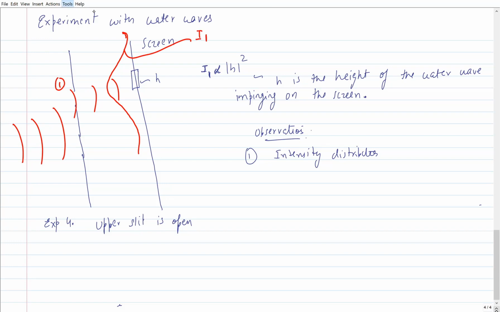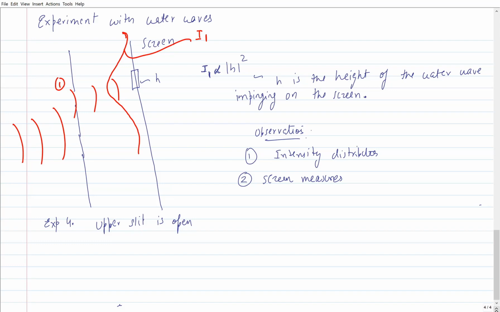Also, my observation is that the screen measures a continuum of intensities. You know, this is the difference between doing this experiment with bullets as compared to doing this experiment with waves like the water wave. In the case of bullets, I was either getting the whole bullet, I was not getting any bullet at a particular point in the screen. There was not any case where I was getting 0.7 of a bullet or 0.3 of a bullet. But in this particular case, the screen